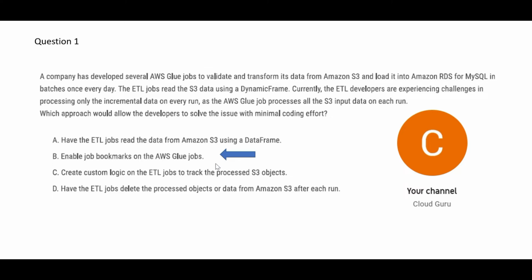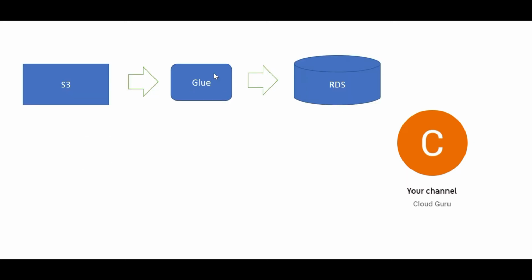But let's look at C and D as well. Maybe there is a better option. What C says is you yourself will create a custom logic in the ETL jobs. That means you will go inside your Glue code and create your own logic. Even if job bookmark is available, you would show your extra intelligence. You would waste the time of your project and project manager and create a new logic which can have errors, which is prone to human errors, and it will take its own sweet time to test.